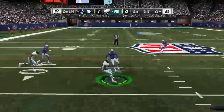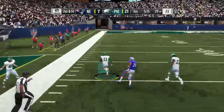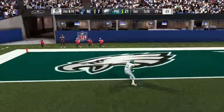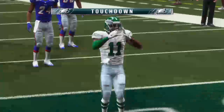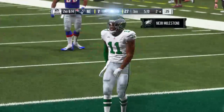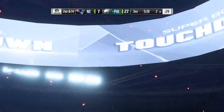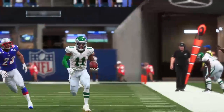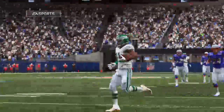And they'll run it here. Oh, the spin. Space to maneuver at the 40. Weaving through traffic, and now he's free. Touchdown, Philadelphia. A big play there with his third touchdown of this Super Bowl. And the Eagles add 6 to their lead. Always important to get the first score of the second half. Now you start to pull away a little bit and get some breathing room going. And now we find out about the fortitude of the